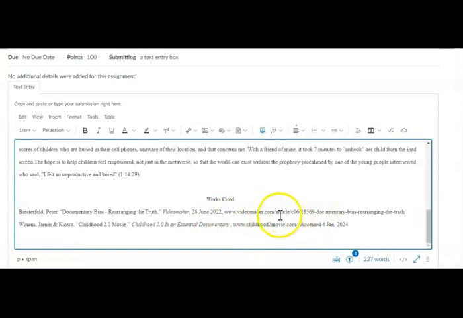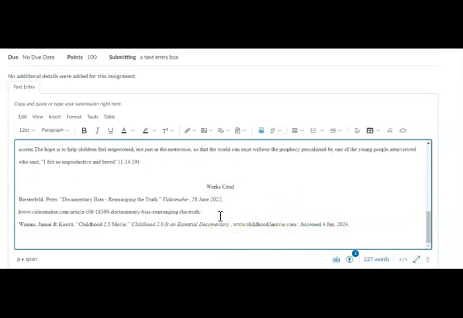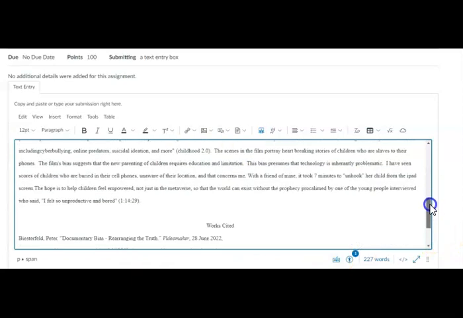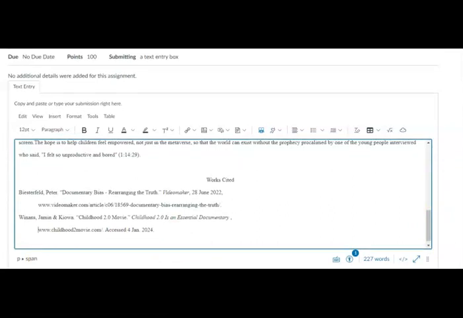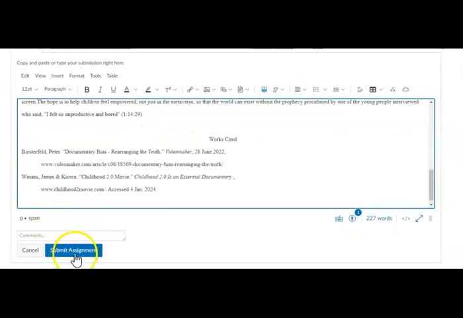Okay, everything's there, and it has it on one line. If it did not have it on one line, then it might be under here, and we would make sure that it was indented. Do you see that? If this one needs to go to a second line, we would make sure that it's indented and that everything is double spaced. You see that? I know you do. You're brilliant. So that's it. That's all there is to this assignment. Then I click down here and I click Submit Assignment, and that's it.